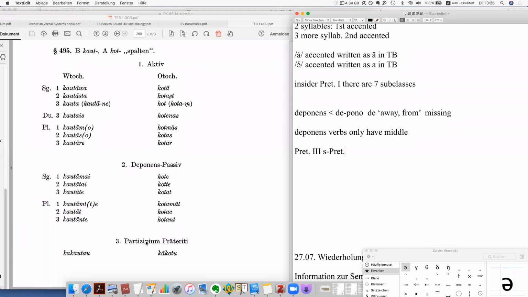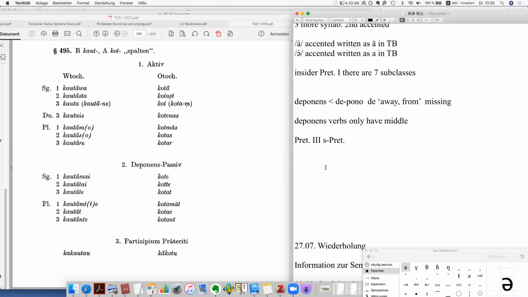I find it here, this is the participle preterite, right? So the participle is called kakauto, kakotu, with reduplication. So now comes the question. Can you tell me